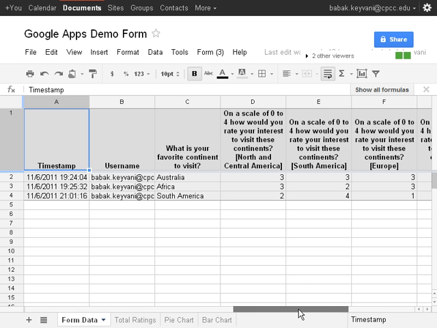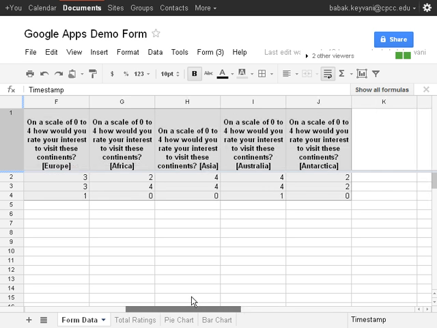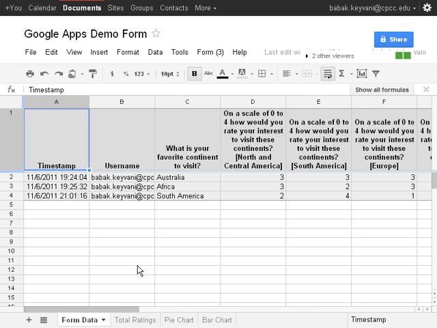Just collected some sample results. So you see that from here on it would be just normal Excel. So in order to better work with my data, I have created additional sheets which contain the logic of those charts. So I have simply clicked on add a sheet and added total ratings,